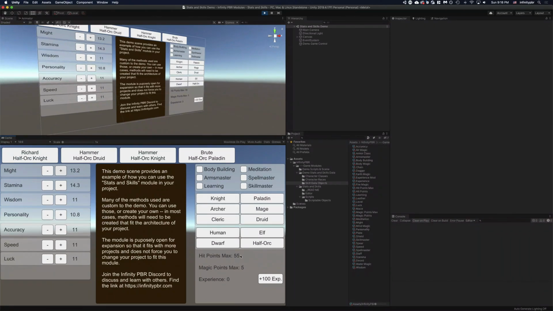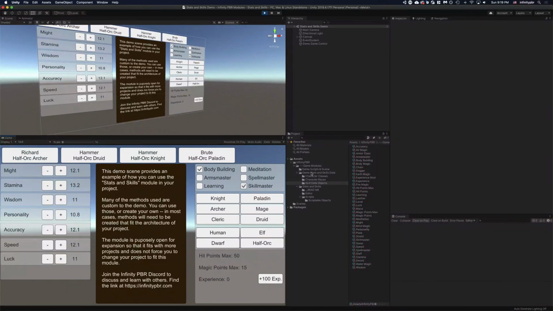Now, down here you have the hit points. Those are also something that's modified by these values. So if I'm an archer and a half orc, then I've got 45 hit points and 15 magic points. This bodybuilding is a learned skill that increases my hit points. So as I turn that on, I get an extra 10% hit points. Then there is the meditation, which gives me a 10% boost to spell points. Skill Master is one that I've created just for this demo scene, which actually gives a bonus to all the other skills. So now with Skill Master on versus off, you see there's an additional 10% boost to the bodybuilding